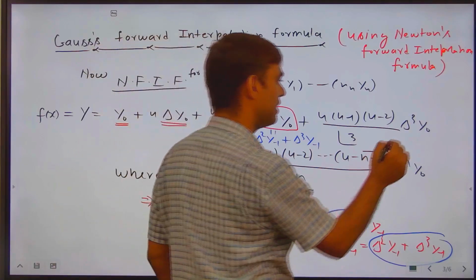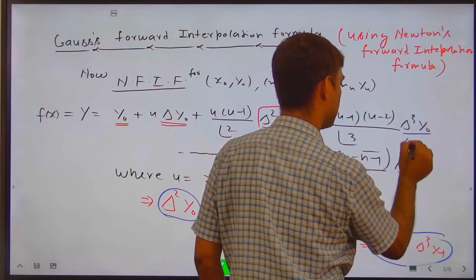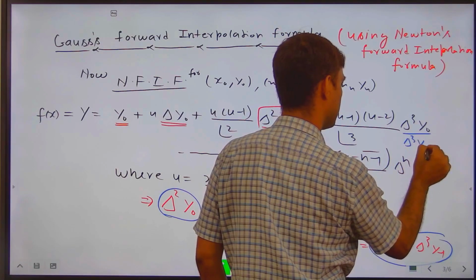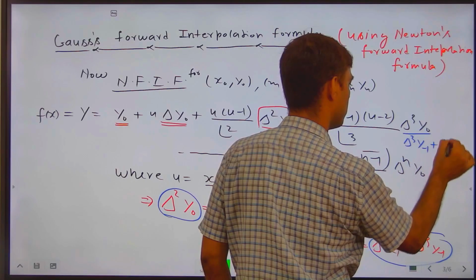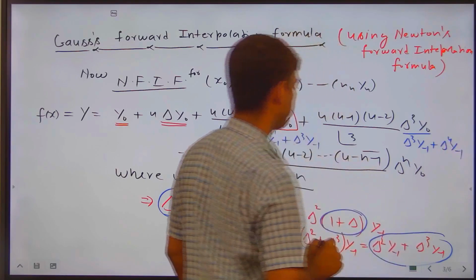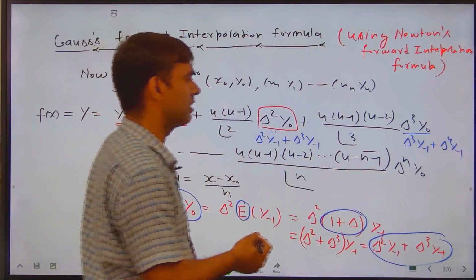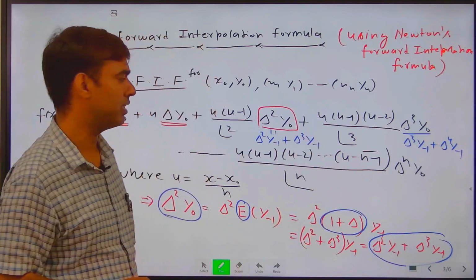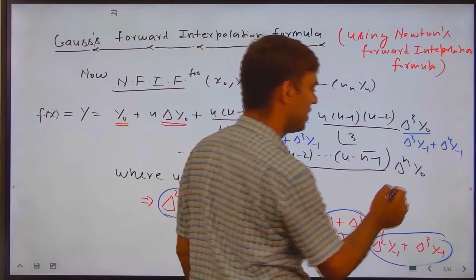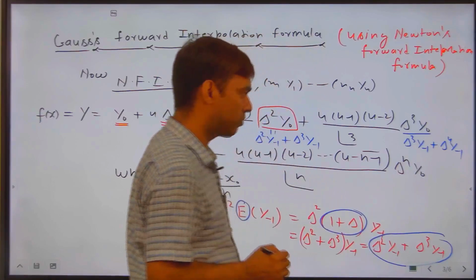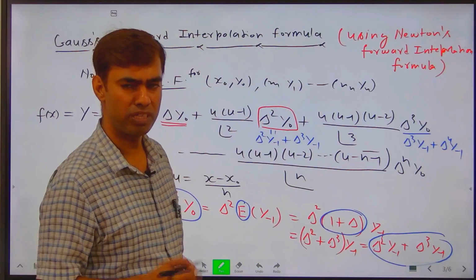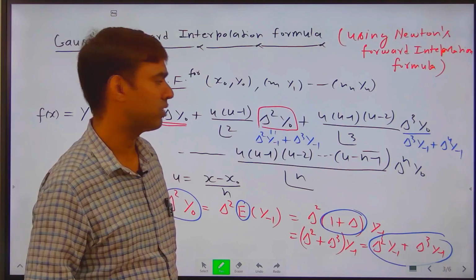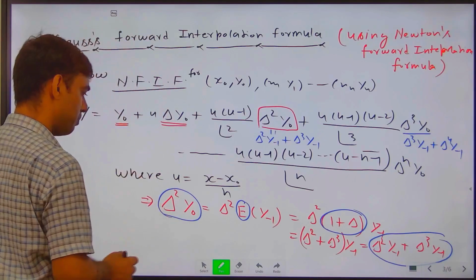Similarly, del 3 y0 can be written as del 3 y minus 1 plus del 4 y minus 1. Similarly, all other terms we may express as del n y0 with del n y minus 1 plus del n plus 1 y minus 1. So if we simplify this one,